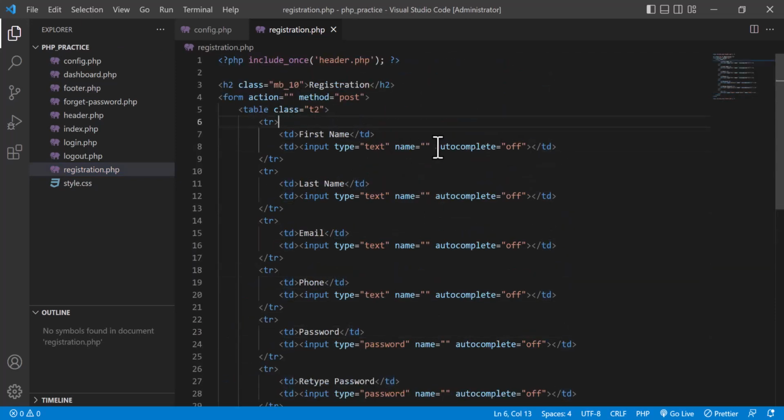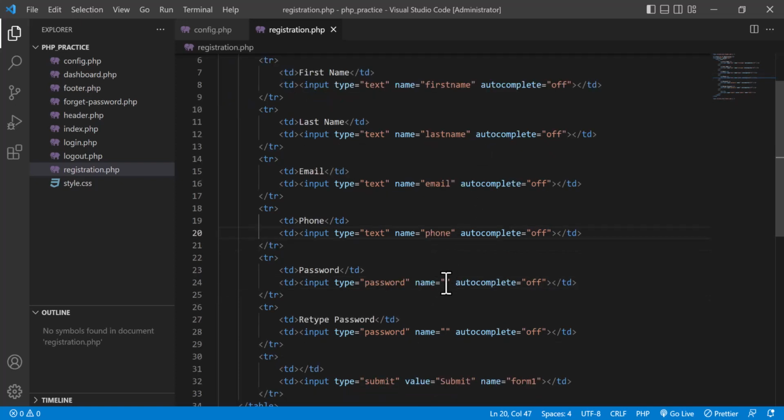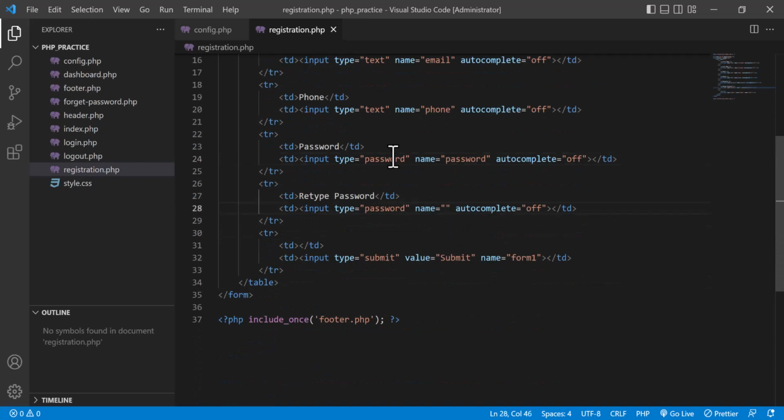Now I am going to make a name for all. So the field name is, for example, first name, and the last name will be last name. Then there is email address, so email. There is phone, so I can give here phone. There is password, I can give here password. And there is a retype password, that means he will have to give the same password 2 times. So I am going to give retype password, and then he will click on submit, and here I give the